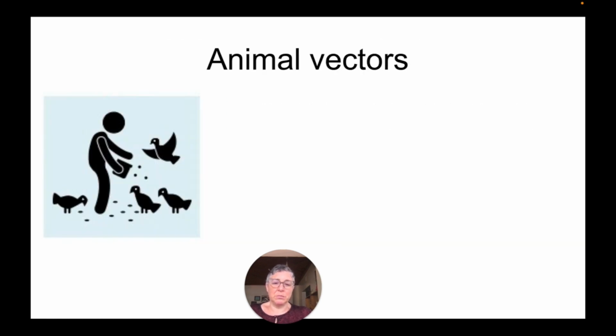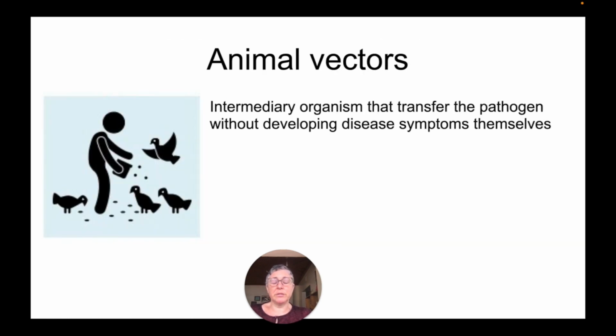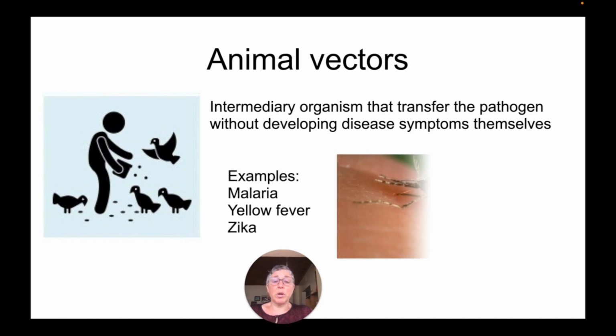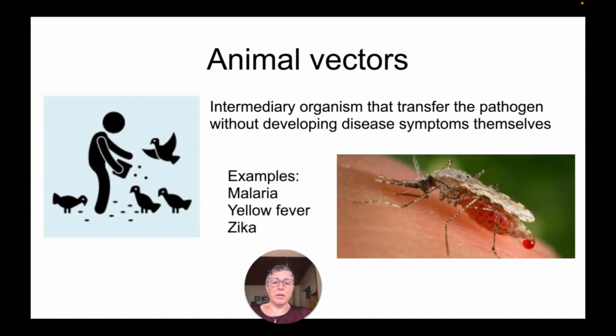And then we have animal vectors. Animal vectors are intermediate organisms that transfer the pathogen without developing disease symptoms themselves. There are many different types. Some of the more common examples are things like malaria, yellow fever, and Zika, which all have an insect vector